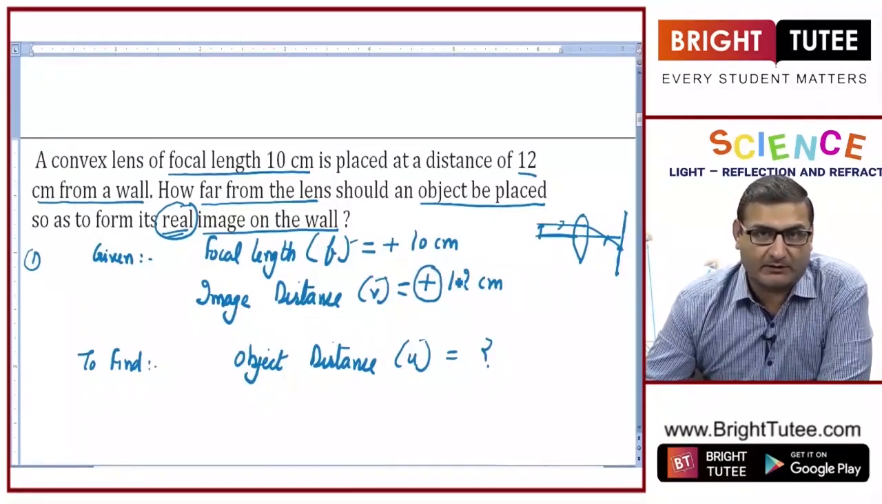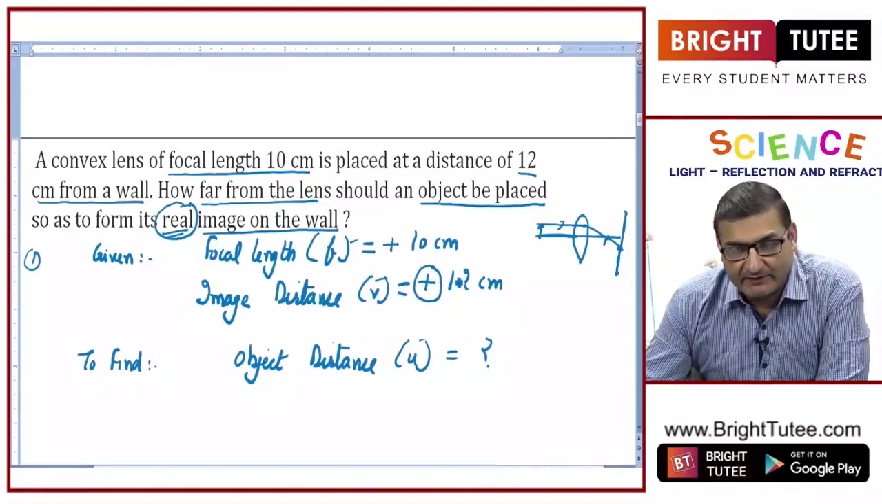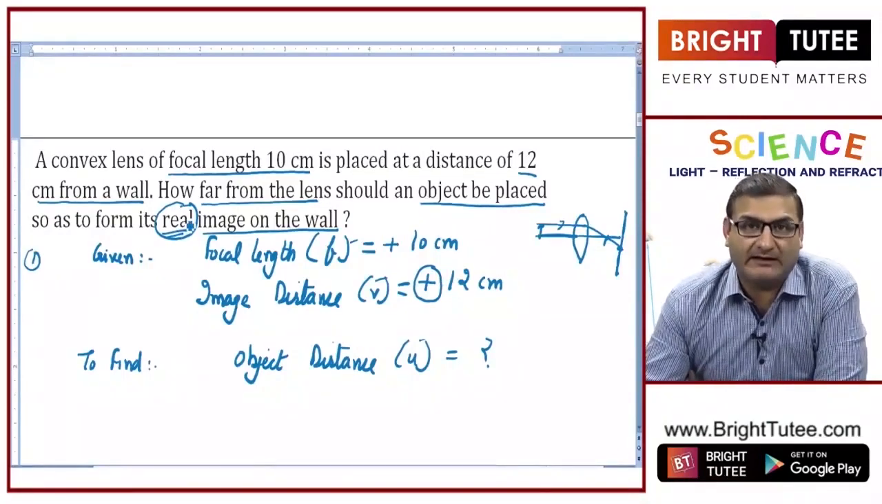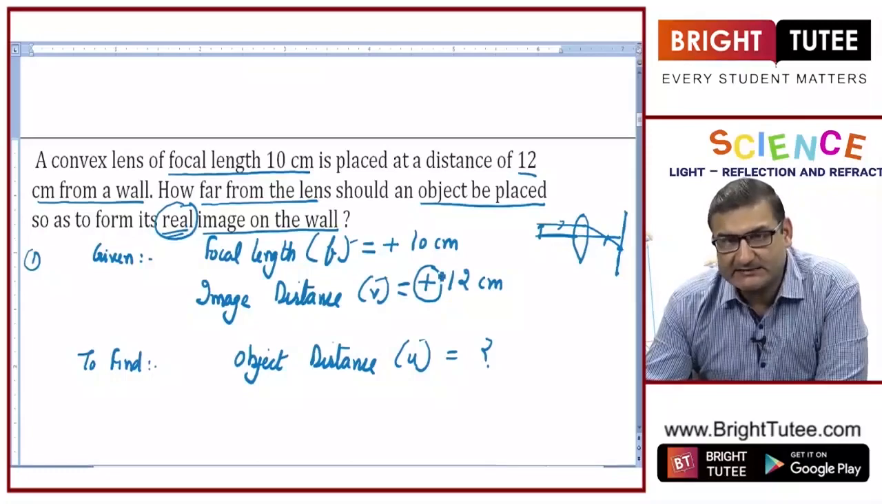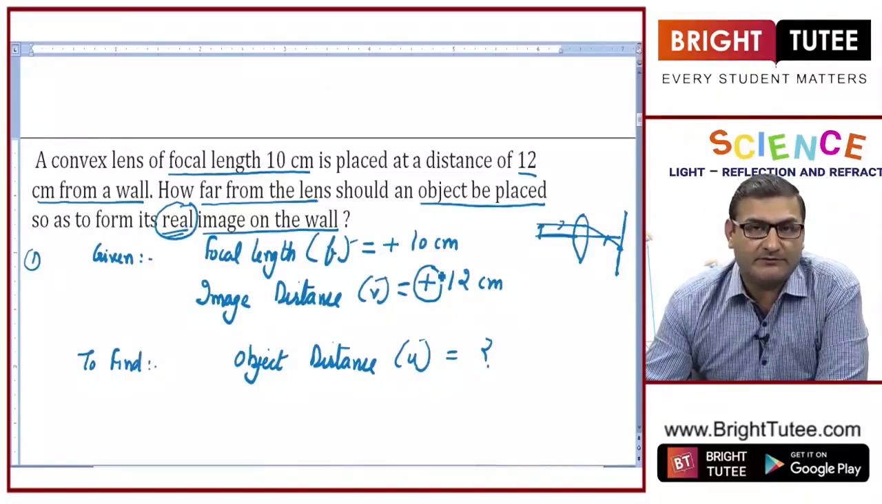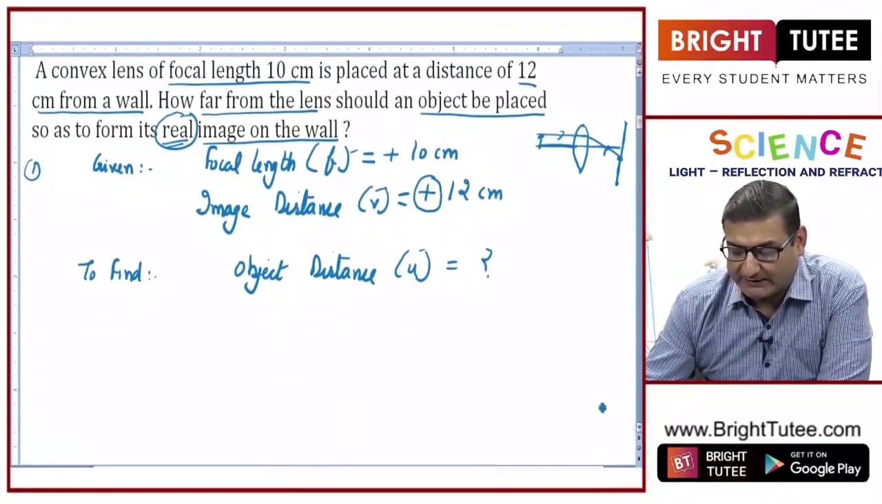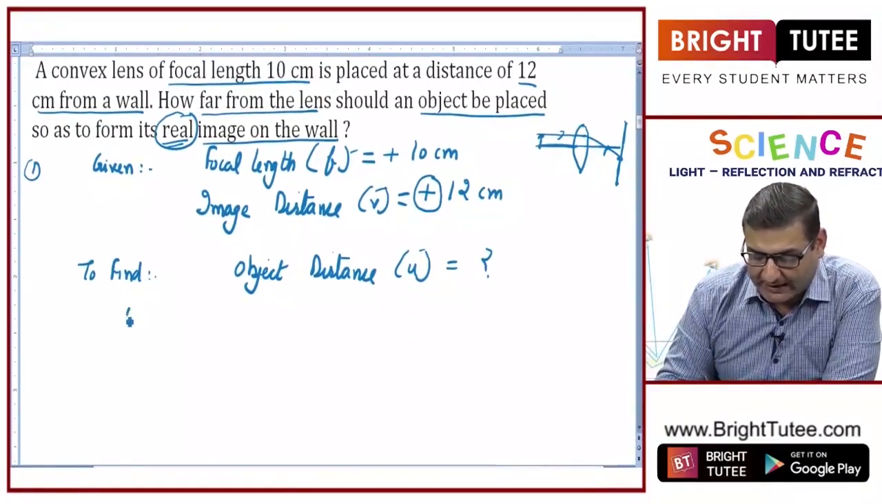This was quite important, because otherwise if it would have been a virtual image, virtual images are formed in front, and we'll be taking the minus sign in that case. So this you need to remember, what all information is given in the question and how to interpret that information. Now the question is quite easy. We just have to find the object distance. We know that